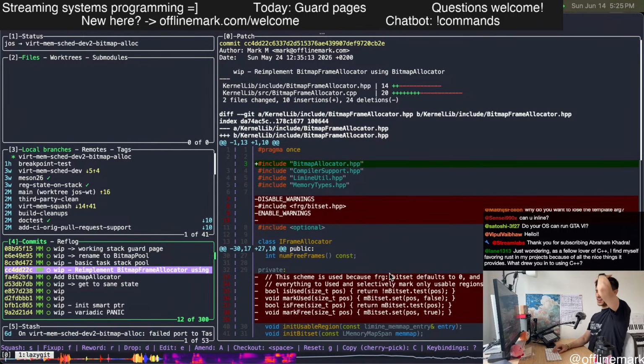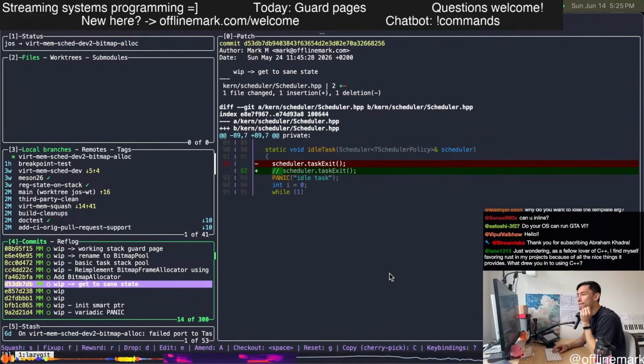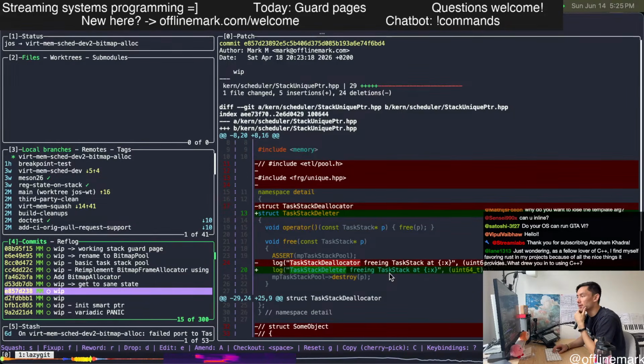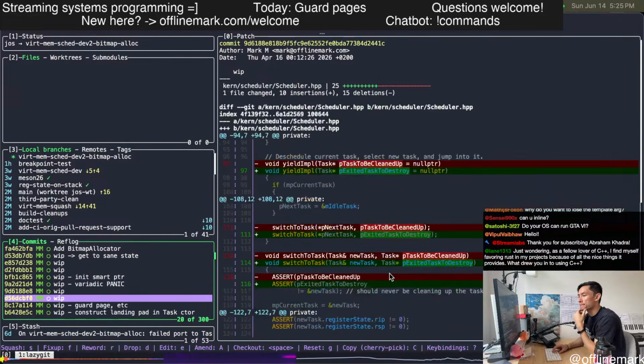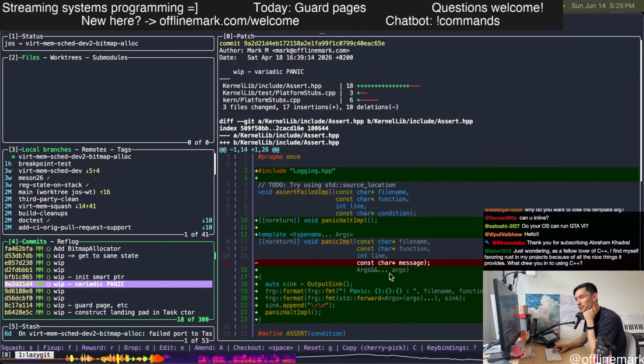Let's just find any kind of starting point. Here's where I was prototyping the initial broken approach with the ETL pool and the smart pointer.